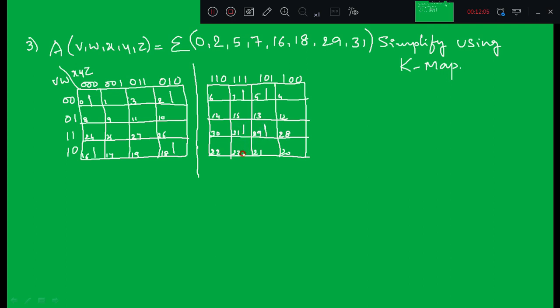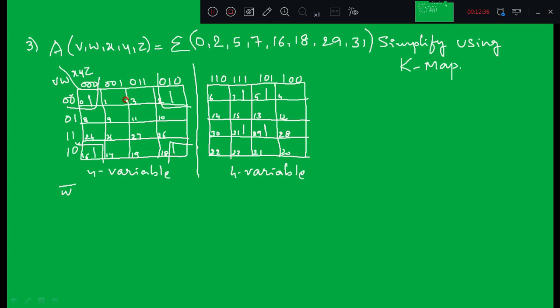So just observe this, how to group. This is the first 4 variable K-map, and this is the second 4 variable K-map, right? So how will you group these 4 ones? You can group corner ones, right? That means you are putting all these 4 ones in one group, means you are going to eliminate 2 variables. So here W is 0, W is 0, so W will appear in the term, that is W bar.